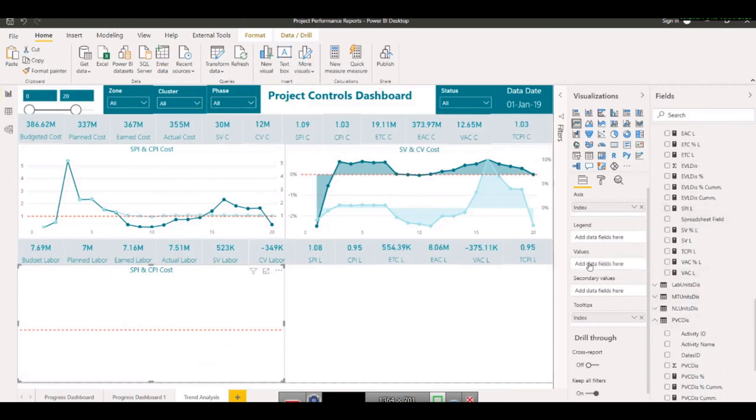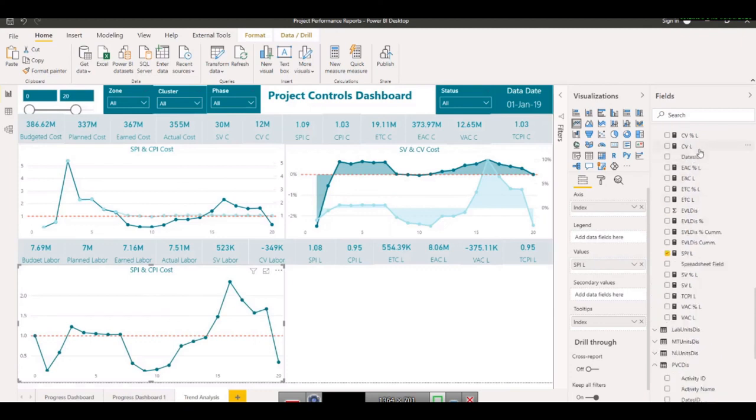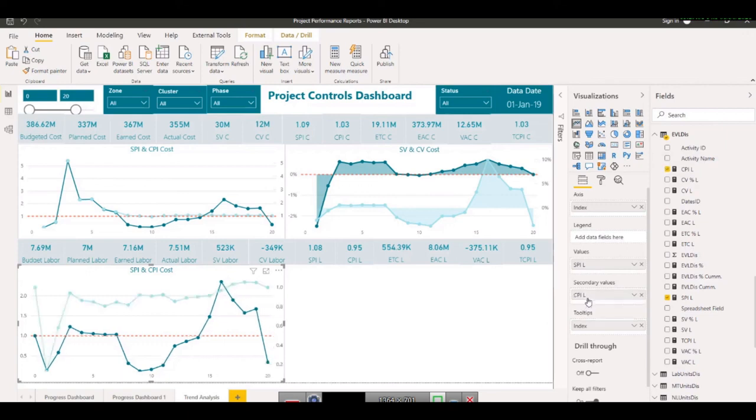SPI labor, and my CPI labor. This is it. So now it is showing the data as well. So later we will be reading how this information is coming out of the data, what is the meaning of it. Okay, I will copy this part now,